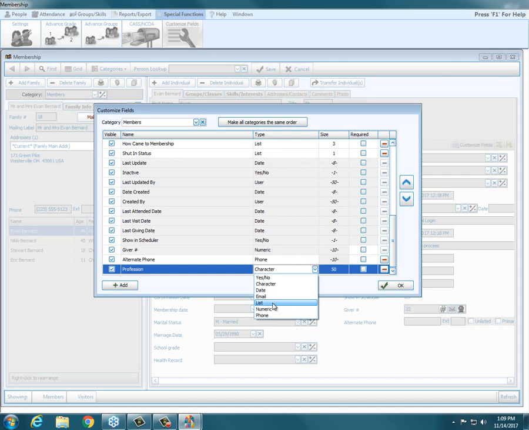I could create profession as a character field, and then it would allow you to type whatever you want in there. But that's more difficult to report on. The reason you're tracking this information here in membership, you're not doing it just to give yourself something to do. You're recording this information in here so that you can get good reports back out of the system. And a more accurate way to get reports is to record information as a list field. The reason for that is if we created a profession field and we called it a character field where you just simply type anything into it,